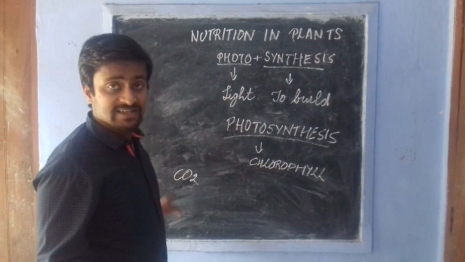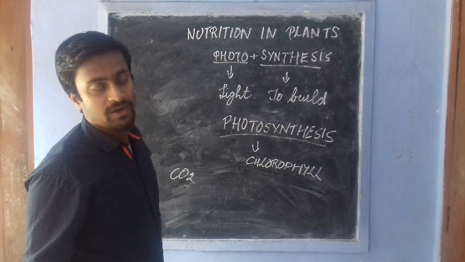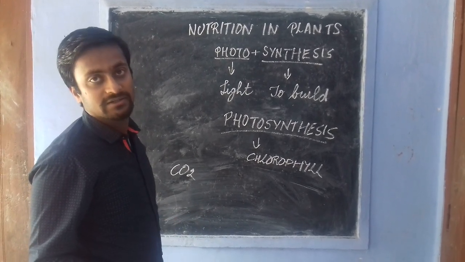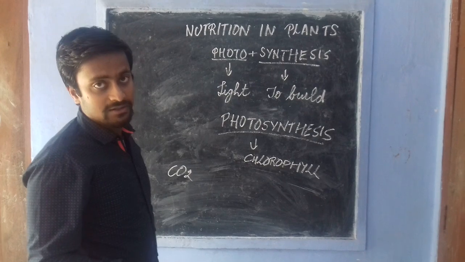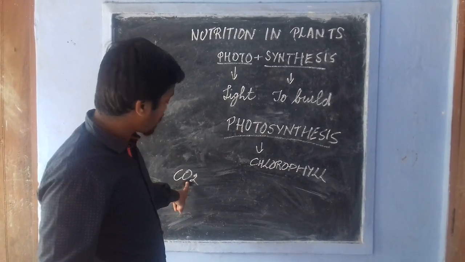Through these pores, this carbon dioxide diffuses into the leaves of the plant. So the food is prepared in the leaves of the plant, and from there it is distributed to different parts of the body. So this carbon dioxide is needed